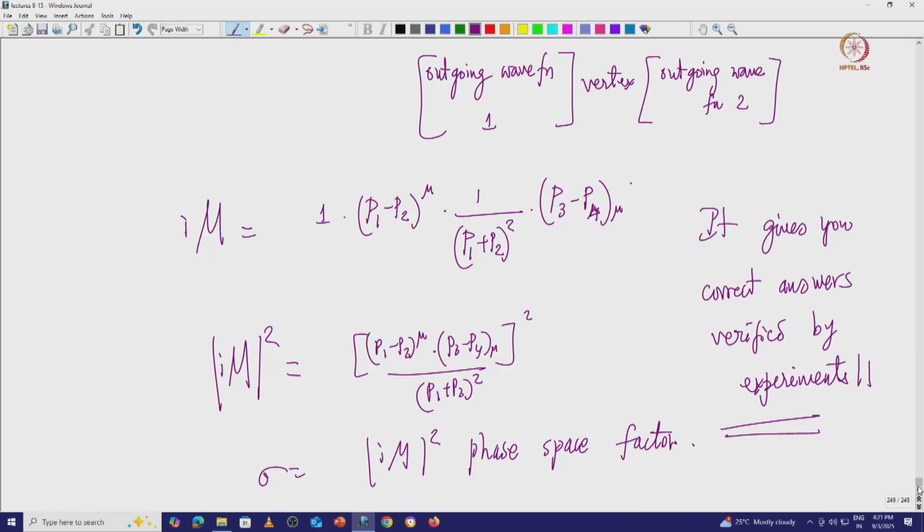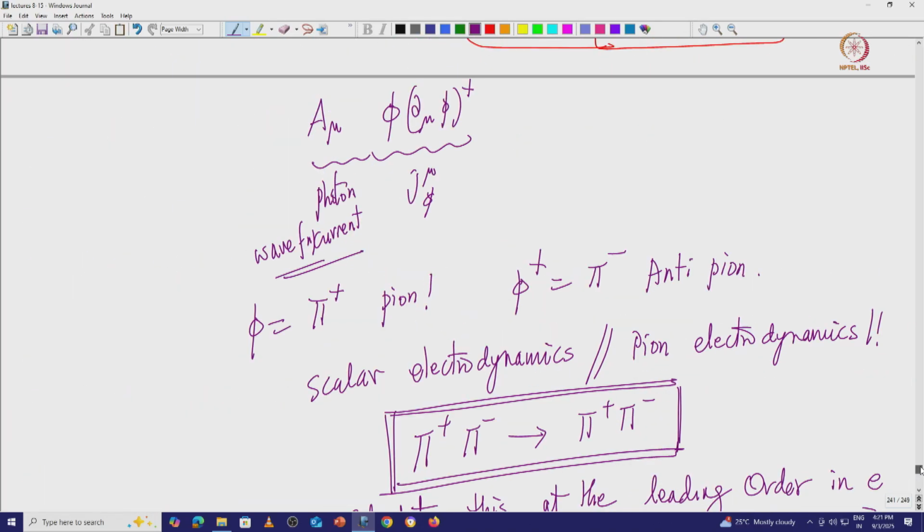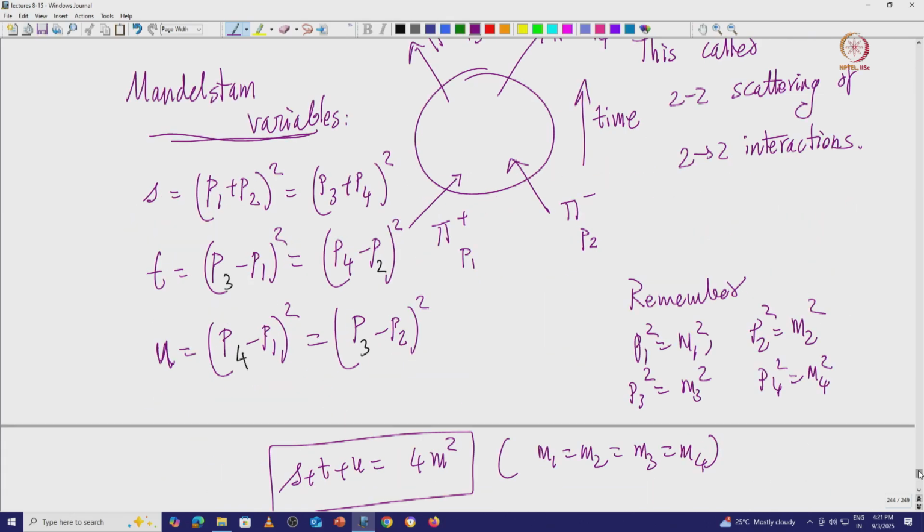Before addressing this problem, you realize that there are issues in this method also, which are bigger problems. I am claiming that this method works very well, but as we will see, there are issues in this method, because we are using wave functions which are free particle solutions, and we are using perturbation theory, and this inherently creates some problems